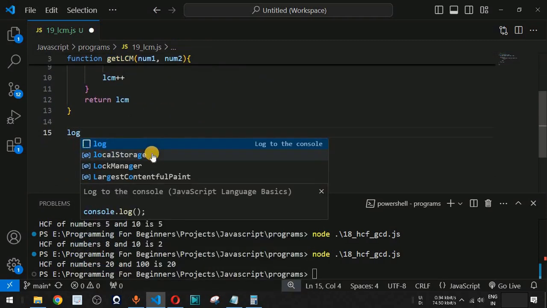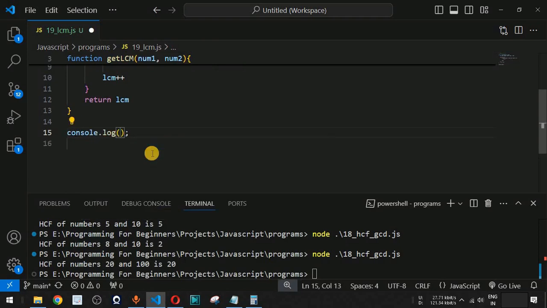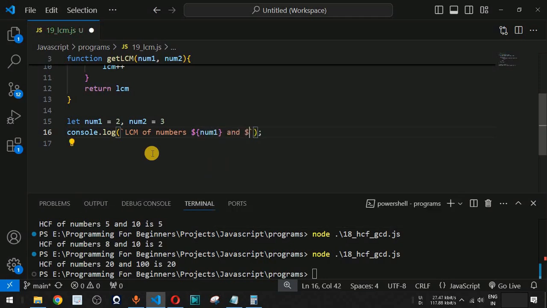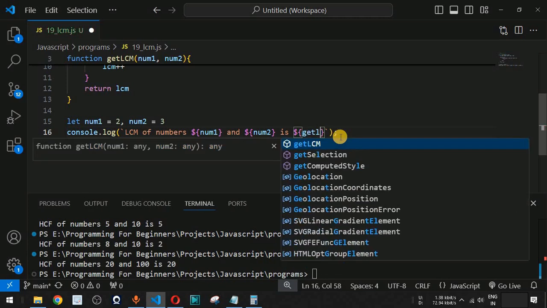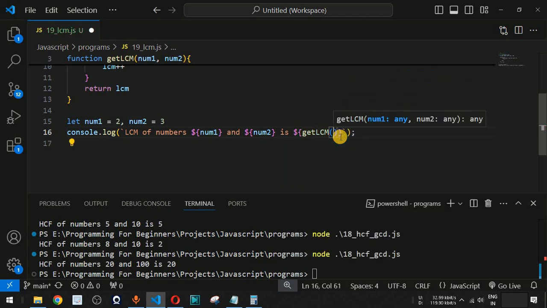So guys, over here simply we are going to provide the console.log statement, and then we will say LCM of numbers, and then we will also define the numbers, that is num1 and num2 this time. So num1, let us say we provide the number 1 is 2 and num2 is equal to 3 this time. So LCM of numbers, that is num1 and num2, so we say num1 and num2 over here. So we have num1 and num2 followed by the function call this time. So we say getLCM this time, and then we have the two parameters, that is num1 and num2 over here. So we have num1 followed by num2 as the parameter.